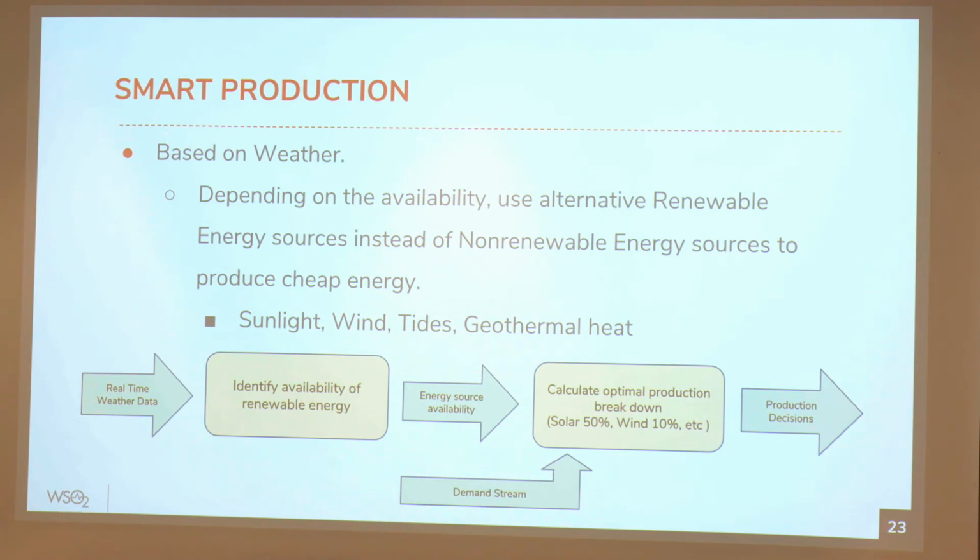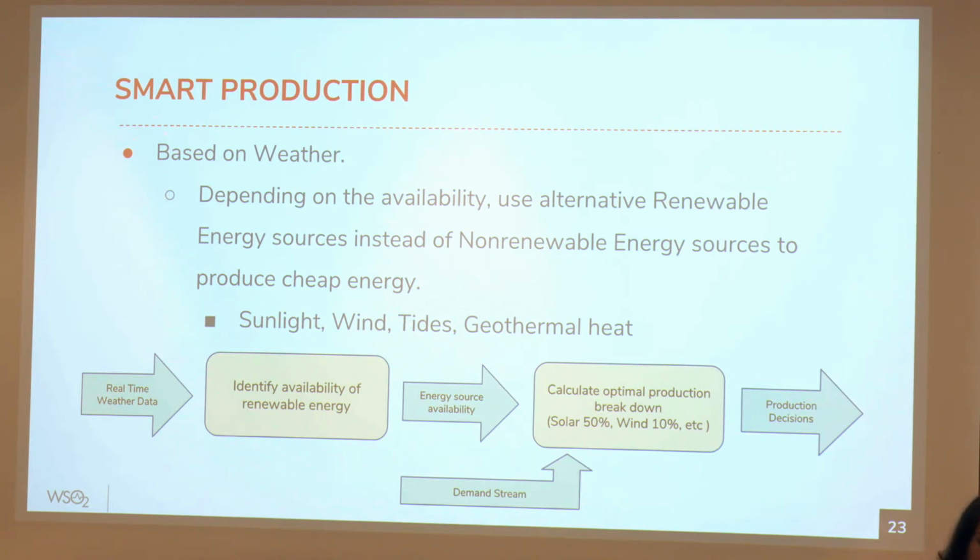The other aspect is how you optimize your production based on the weather, right? Previously it was based on the demand, now it is based on the weather. So you also have all these sensors that give you weather data, right? And what you can do is, by reading that data, you understand what the energy sources are that are going to be available for your production, in what proportions, right? So if it's a very sunny day, you'd probably do more solar power production than